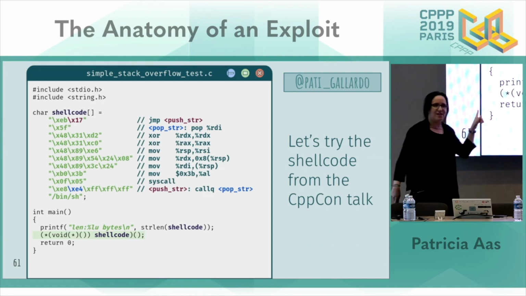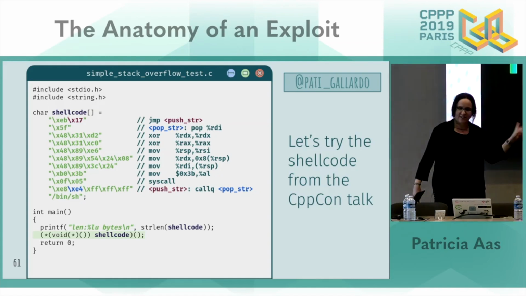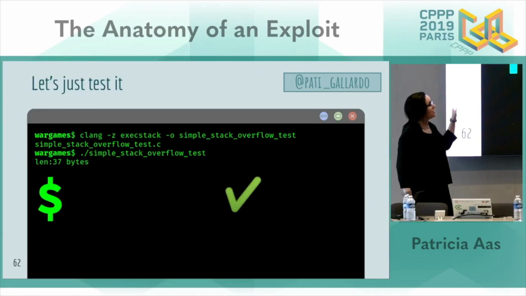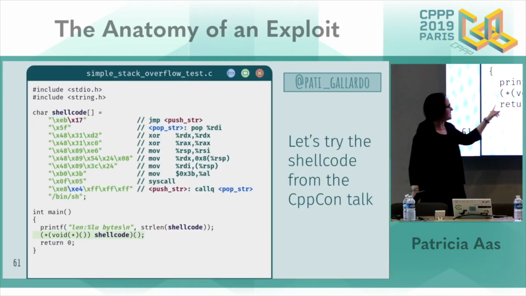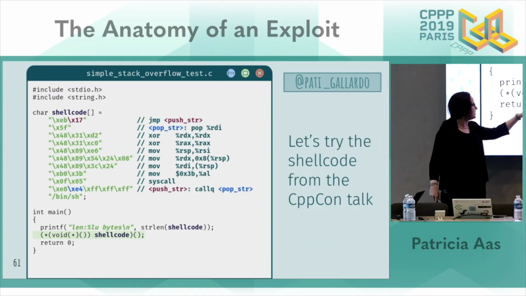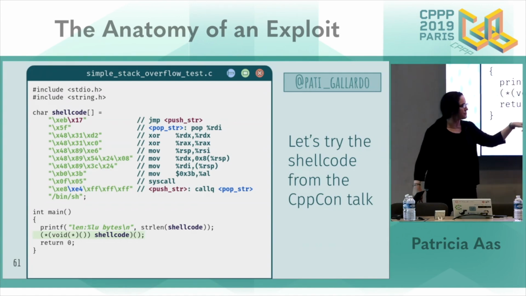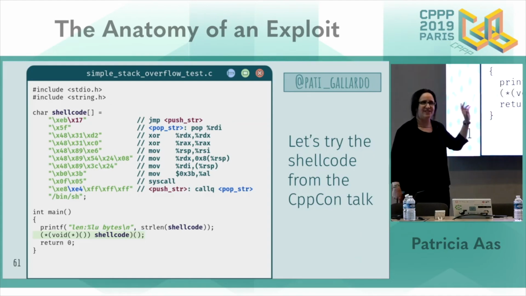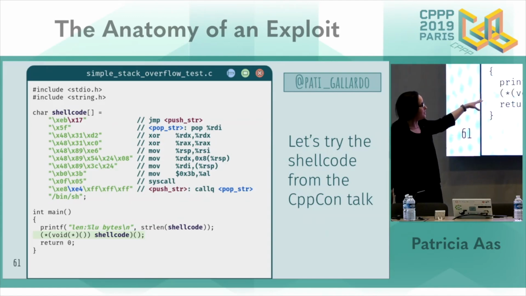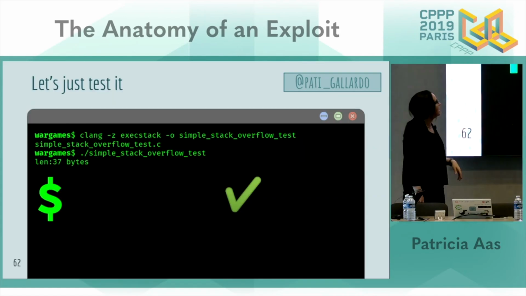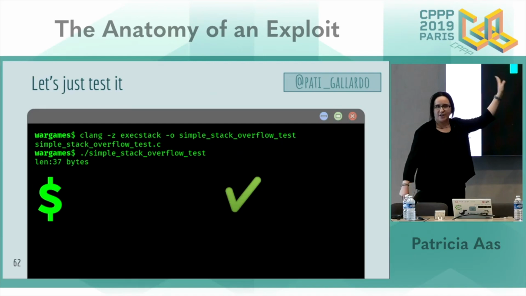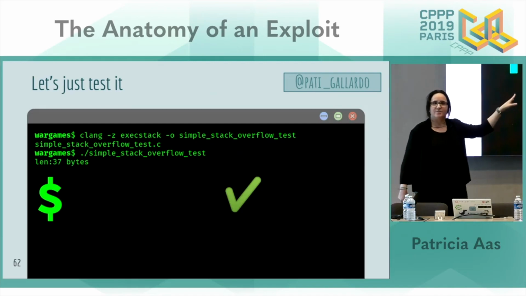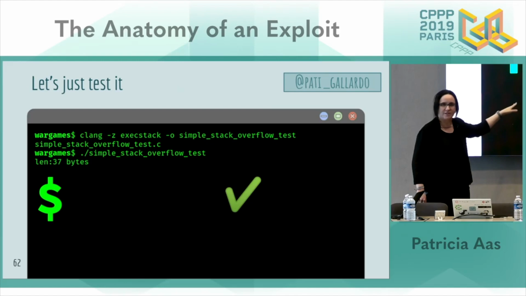I think the most natural thing would be to test this shellcode first. So first just try to run the test code. If you see here, it has this little main at the bottom, which basically executes this character buffer up there and then returns 0. This is a standard way of testing. If you Google shellcode for Linux, they often have this format, some kind of character buffer and then this little main to test it. If you run it, it says that it's 37 bytes long and it gives you a shell. So executing this character buffer will give you a shell prompt. So it works.